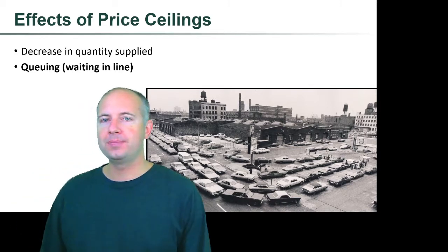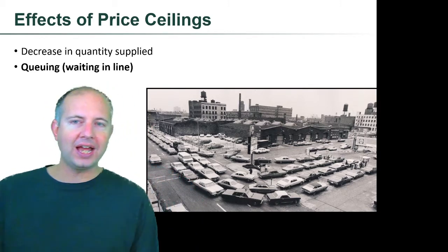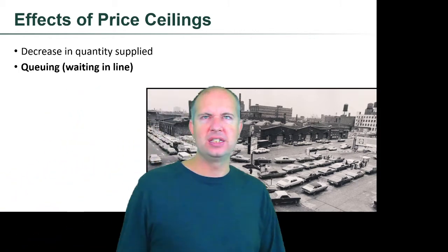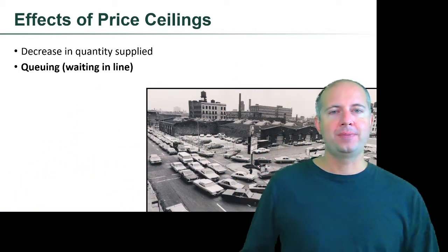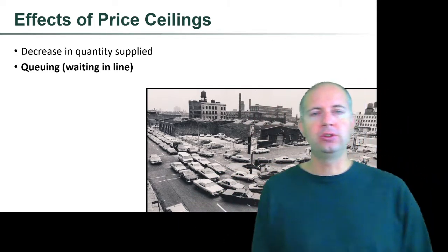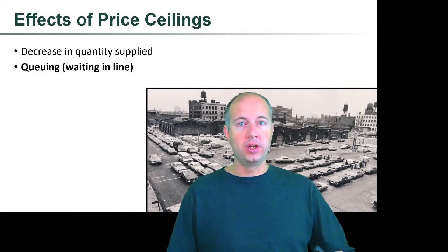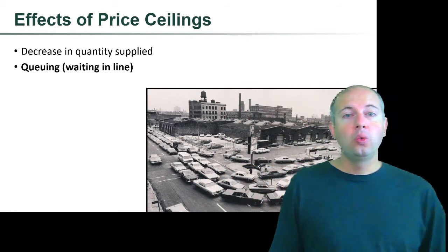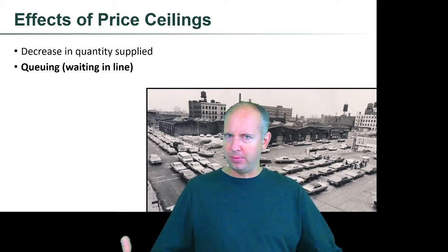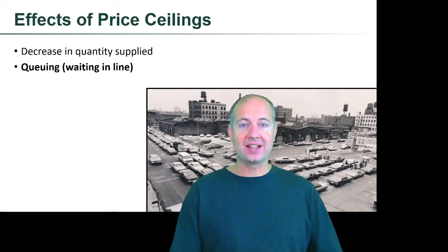This happened most famously with the oil lines when there were price ceilings on oil. So essentially, in equilibrium, what would happen? With no restrictions, the price of oil would go up until there were as many people wanting to pay that high price for oil as there was oil available. Well, with price restrictions in place, we had lots of people wanting to buy it, not much gasoline available.